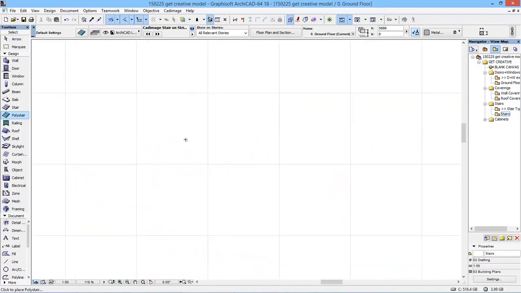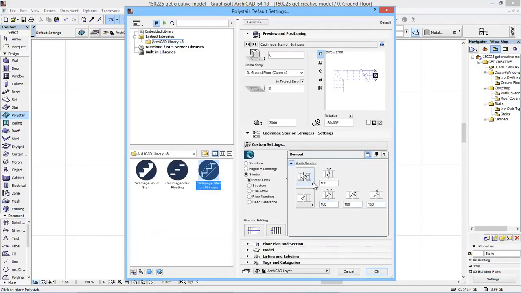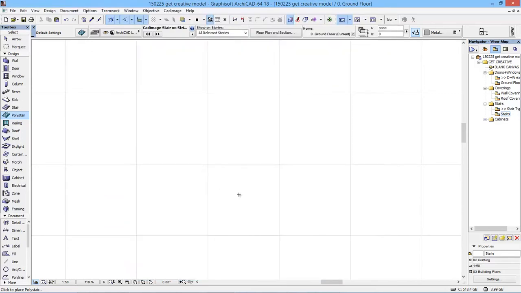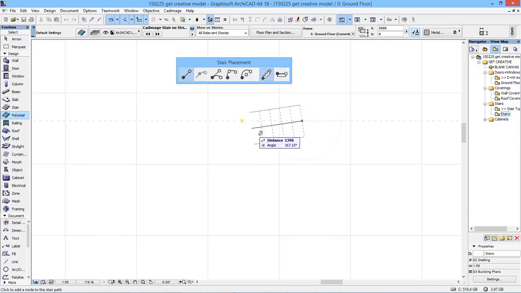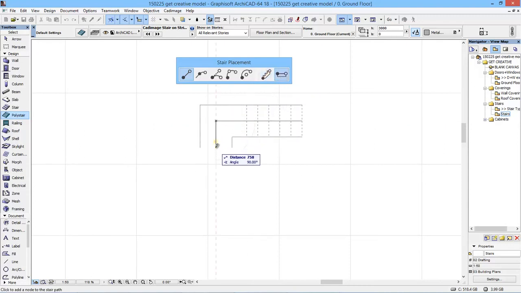If we want to look at some other shapes, let's just do some freehand stuff. We'll do a couple of little tweaks on the break line, and then we'll just start to draw. So literally start, going for a center alignment this time. We'll pull this out wherever we need it to be. We can then switch to a landing, return the landing,